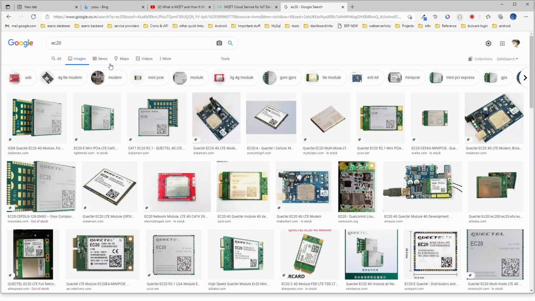MQTT is basically used for Internet of Things. An end device, or any node, or sometimes they call it a thing, should be able to transmit messages to the server or other devices and also receive commands from the server. In that case, we will use this. In those cases, it will be connected either via Wi-Fi or a modem. I will be using this EC20, a 4G modem by Quectel. Via AT commands, I will show you how to connect to an MQTT broker and subscribe and publish to a particular topic.